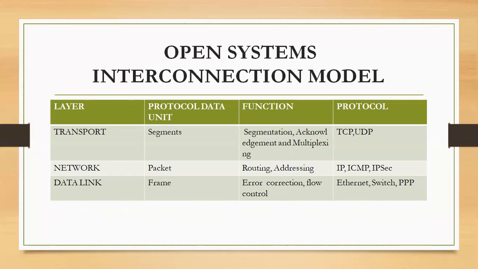So TCP is very reliable. You use TCP when you need to be sure that the packets are going to be delivered completely and reliably. Then you have User Datagram Protocol, which is faster than TCP because it does not perform error checking. TCP performs error checking, UDP does not. So you find the use of UDP mostly in video streaming. Okay, video streaming, all the packets may not be delivered.